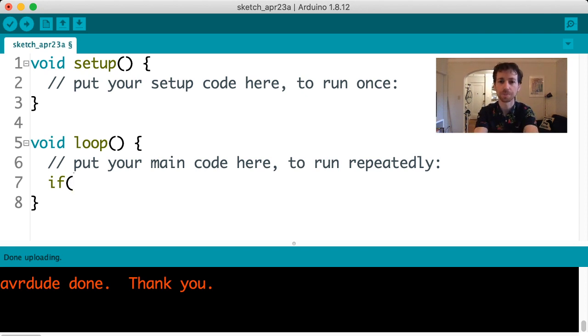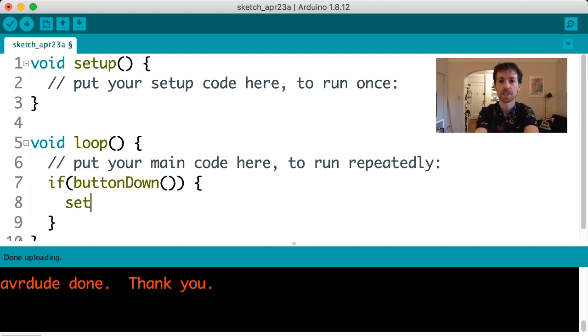So if I say if button down, you notice that the words button down, when I complete typing it, get colored like that to show you this is something that the system understands. So if button down, we're going to say set color blue,